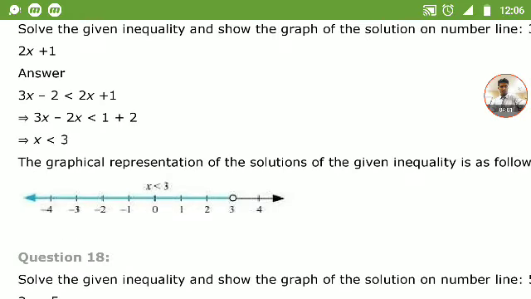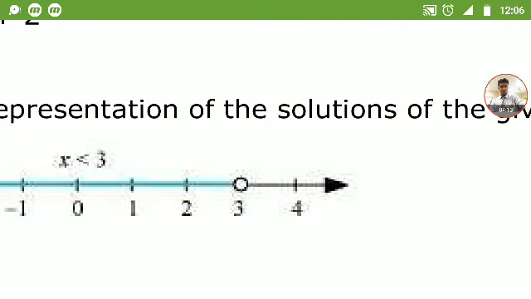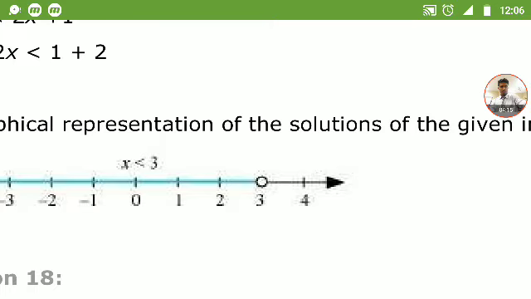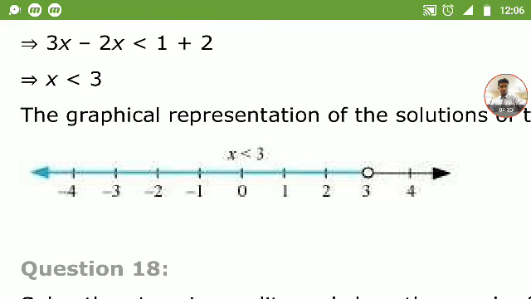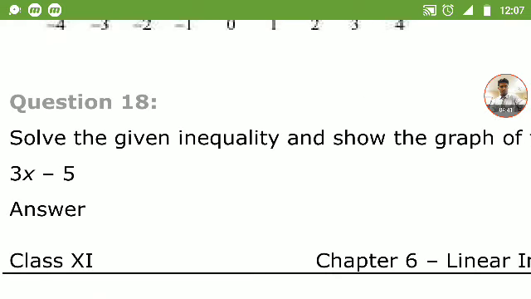So same thing, you're getting the answer as x is less than 3. Less than 3 means all the numbers between minus infinity and 3, where 3 will not be included. That is why a hollow circle is out here and not a filled circle. If this would be less than or equal to 3, then it would be a filled circle, not a hollow circle. Clear? It means 3 is not included, and this out here is infinity. This blue portion represents infinity, so you can just mark it or shade it a bit darker than the normal line, and that will do. This was for your question number 17.